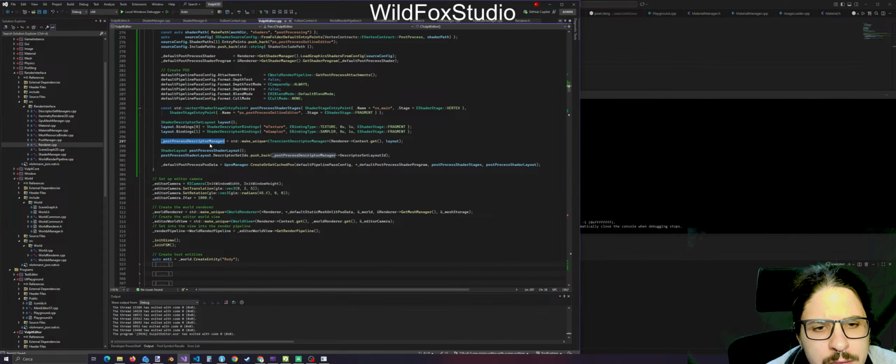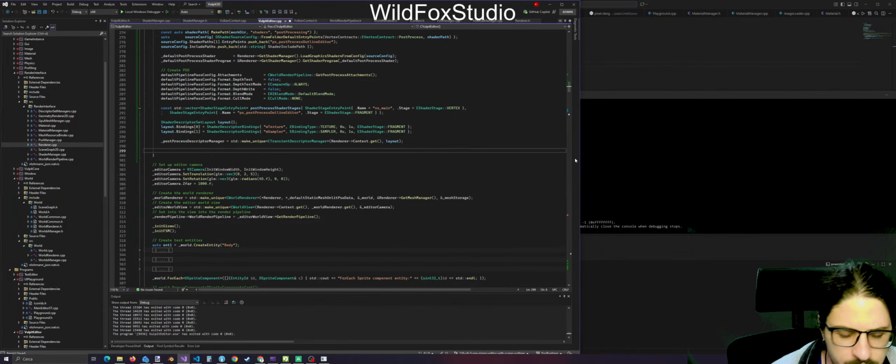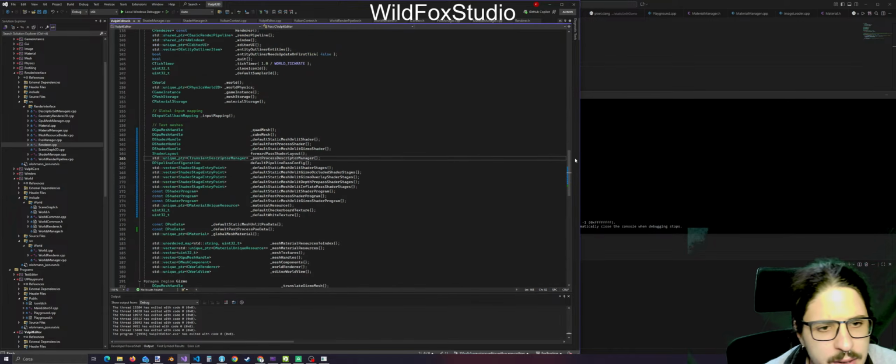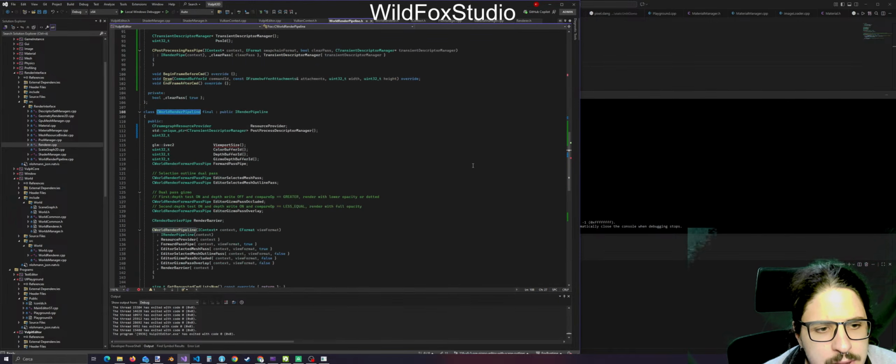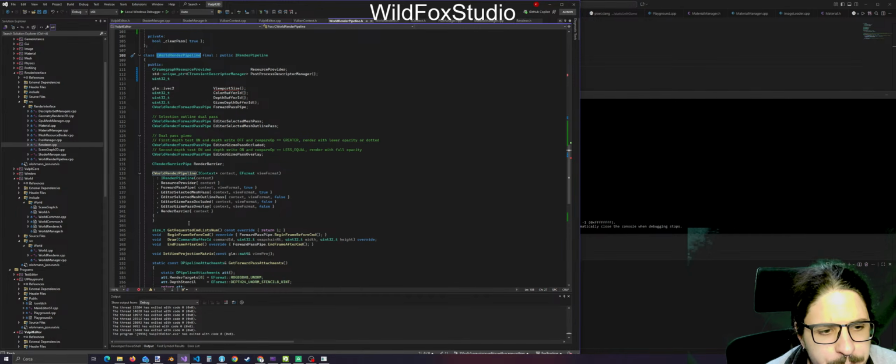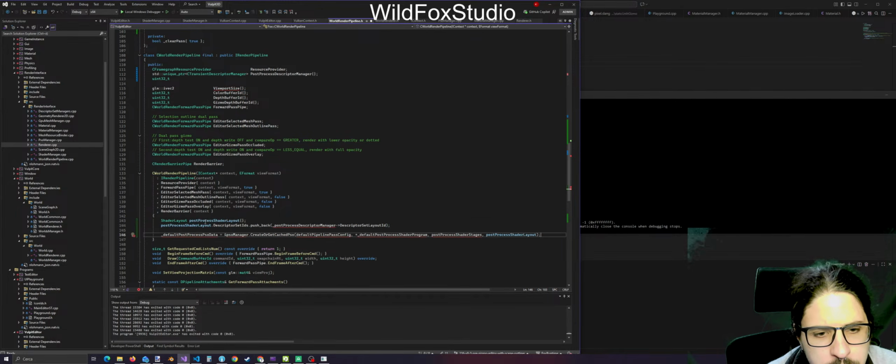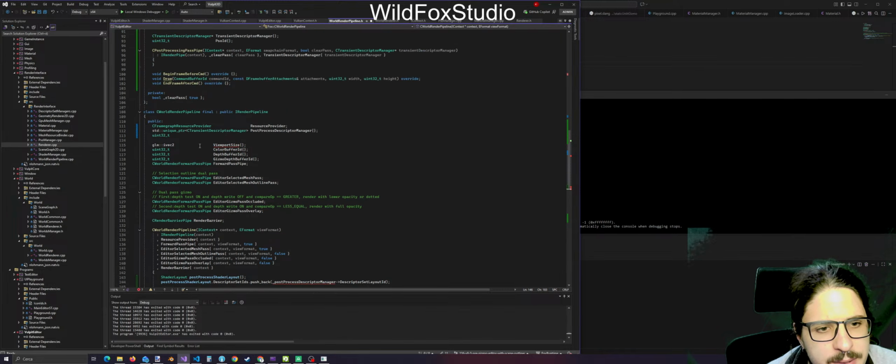No. This can go inside here. No. Inside the world render pipeline can go here. So if we pass the descriptor manager,